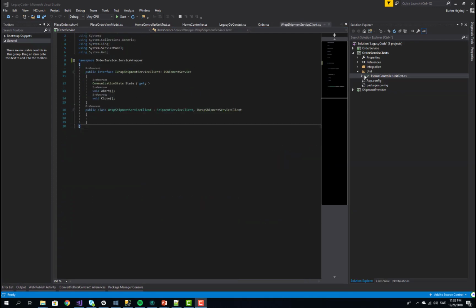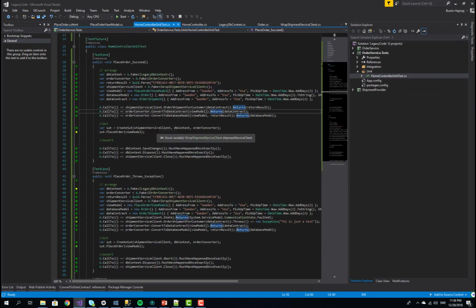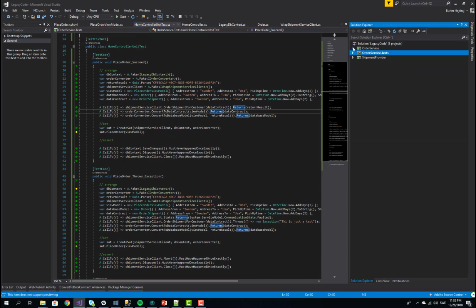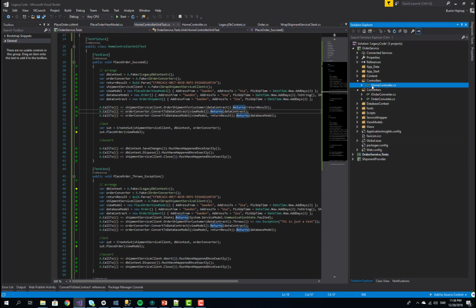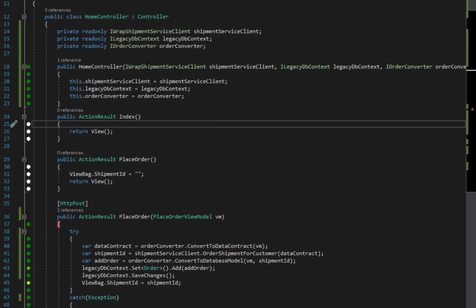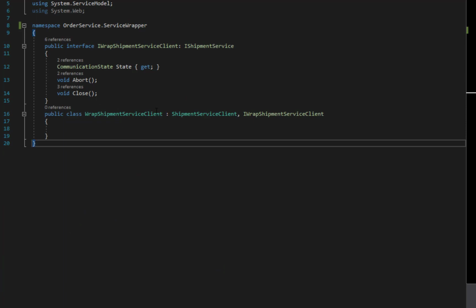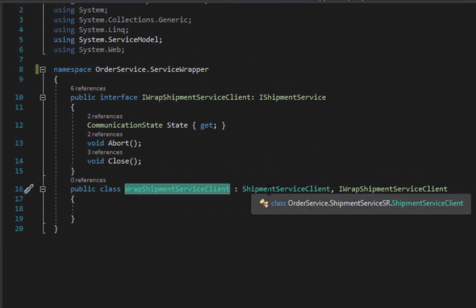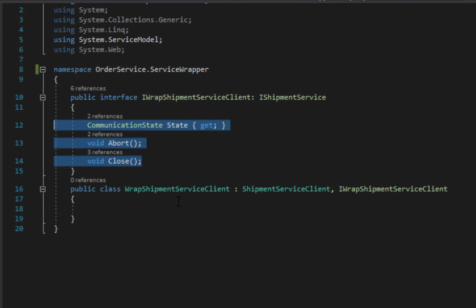I have written the unit test now, and the code is refactored. I'm going to show you what I've done until now. I have wrapped the WCF client within one class here. This is how I wrapped the WCF client and pulled up those three methods that we need when we write,